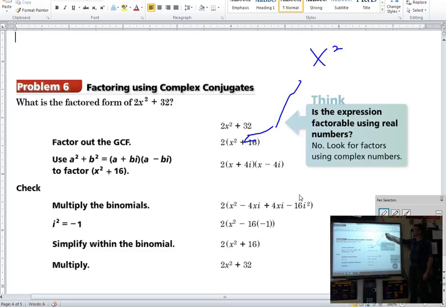if we had x squared minus 16, that would be difference of squares, and we could have x plus 4 and x minus 4, right? But since it's a positive, this is not factorable using real numbers. So if we don't have a graphing utility, and even if we plug this in our graphing utility, it might tell me that there's no solutions, because this parabola is going to be shifted up 32 units. So our solutions are on the imaginary plane,